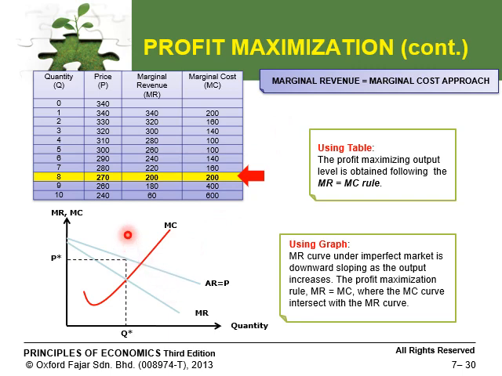If you see in the table, when the marginal revenue is 200, at the same time the marginal cost also indicates 200. So this is the point where the market creates the most profit, the profit maximization level,